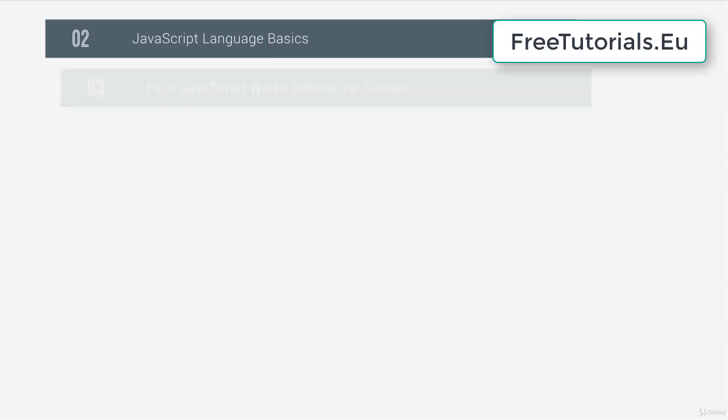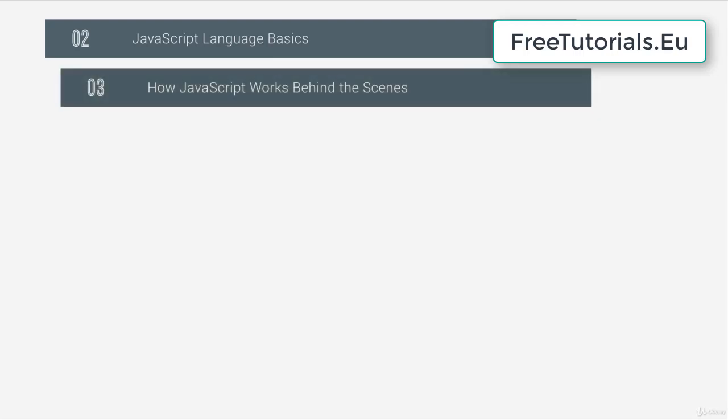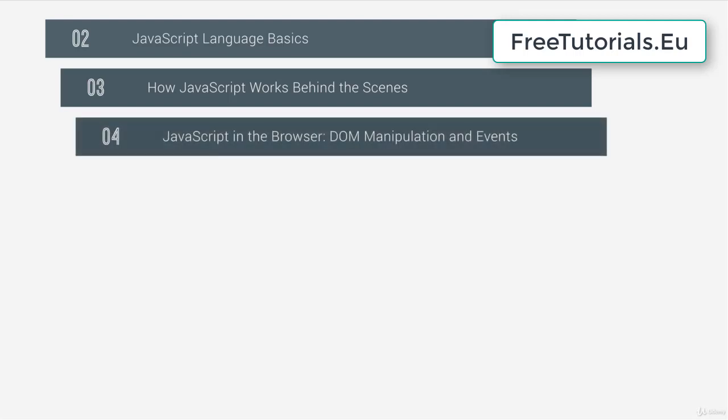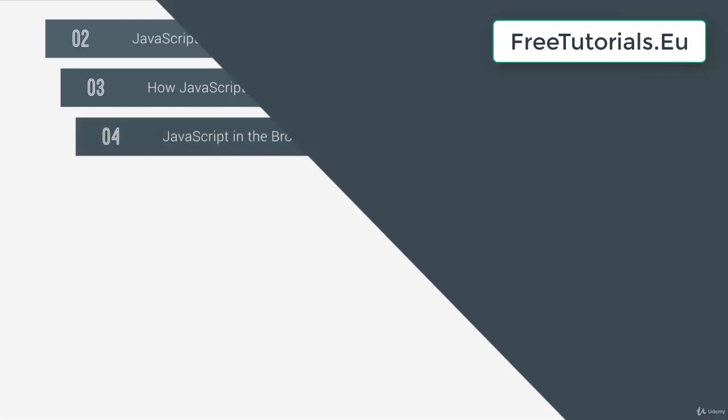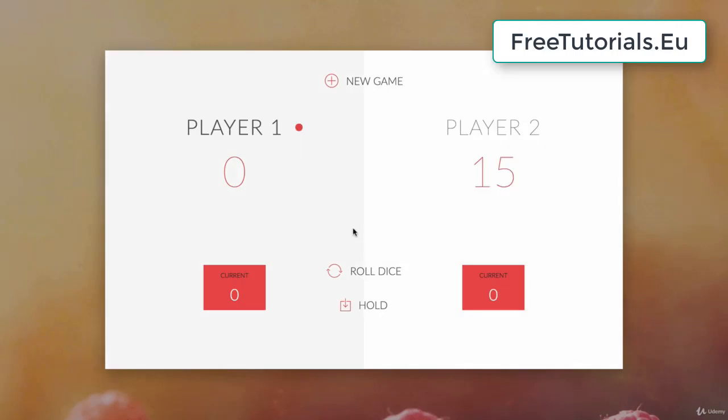After that, we're going to take a look behind the scenes of JavaScript and learn how the language actually works. And this is going to be a good mix of theory and practical lectures, designed to give you the knowledge that many other JavaScript beginners simply don't have. We then move on to our first project, where we use JavaScript in the browser for the very first time. And so we're going to code up this really cool game where we make JavaScript actually interact with an HTML